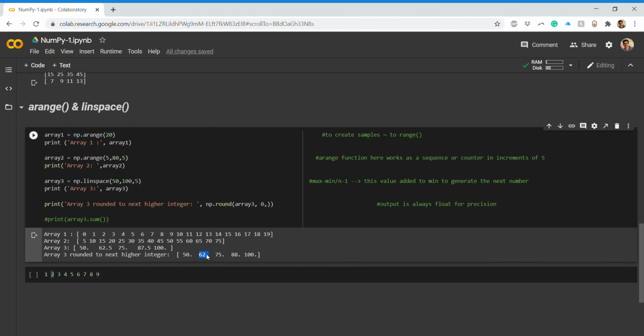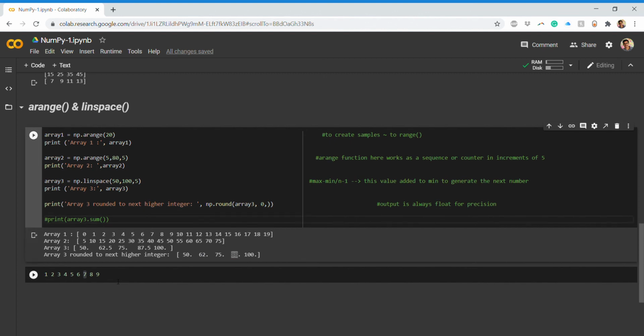And there is a point, that is because, as we have seen, it will always be kept in floating point. Then if you look at the next number, that is 75, that is itself an integer number, so no treatment, it will be 75. But if you look at 87.5, the unit place is 7 here. So we'll just round it off to the next higher integer, that is 88. Say if we had 89.5, we'd round it off to 90. So it works in a similar way.